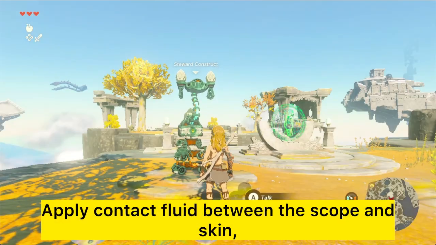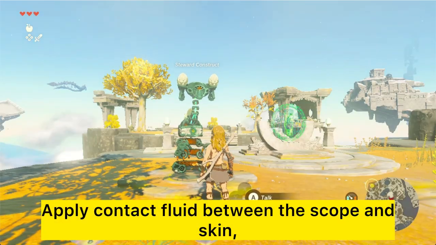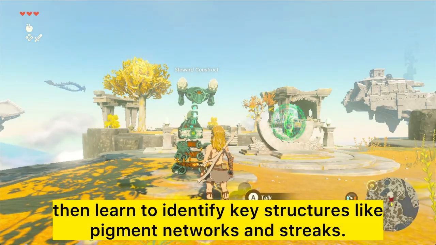Start with a non-polarized dermatoscope. These work well for beginners. Apply contact fluid